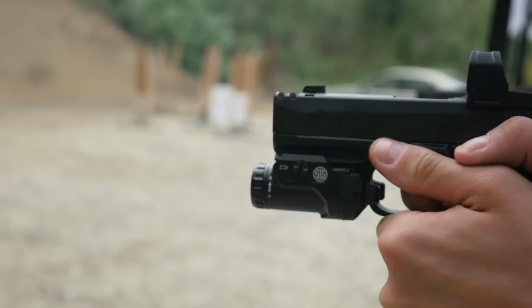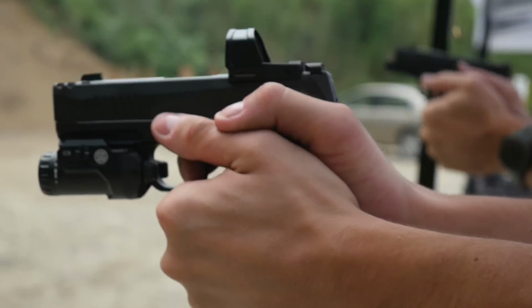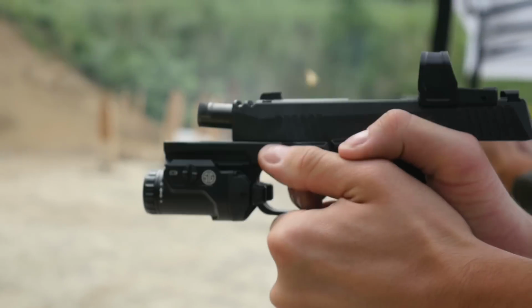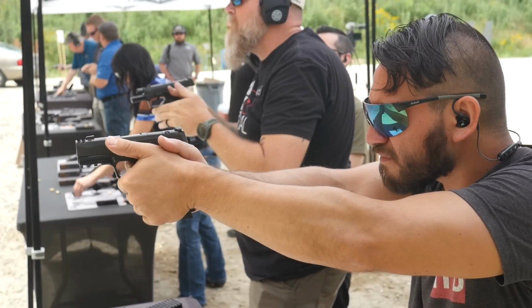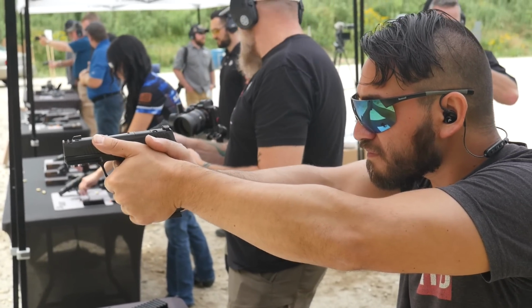The short version is that the Spectre Comp system doesn't give you the same level of compensation as a traditional thread-on compensator. However, it's a lot less temperamental when it comes to ammunition selection. As far as the shooting characteristics of the X-Macro goes, the Spectre Comp system means that if you shoot it in an enclosed space, it'll definitely rattle your cage, but you do get a slight and noticeable effect from that